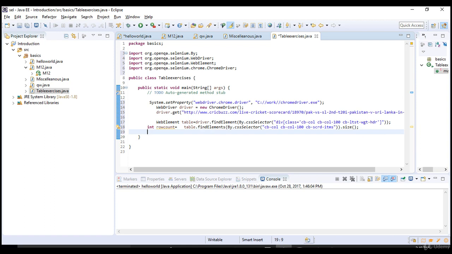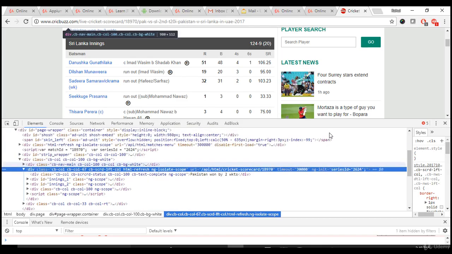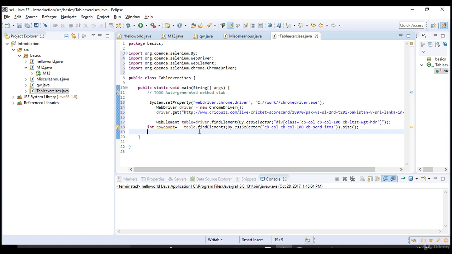But now our interest is not to get the row count. Inside the row we have to grab the third child item, which is nothing but a div. It's simple. If you want to traverse to the third child in CSS, let me write it again here. You can traverse to the third child by a simple syntax in CSS.